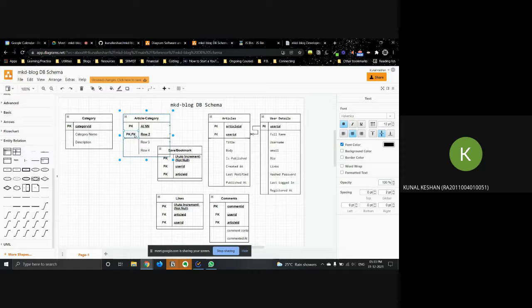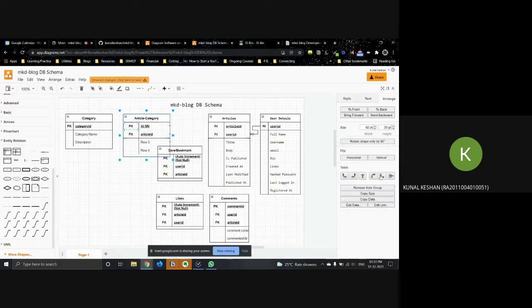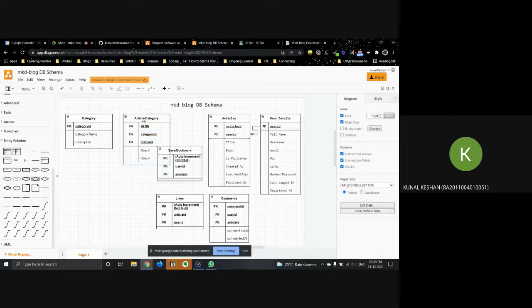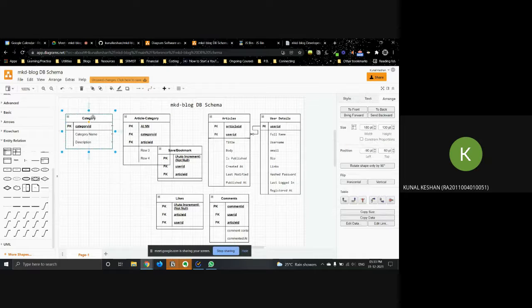Okay, pretty similar to the bookmark table. So over here it will be the article ID, and then below that another foreign key, and this one will be the category ID. So why am I making it like this? You can see we can have many categories, but putting all the categories in the article table will just repeat data. So many users can post an article under the same category, right?